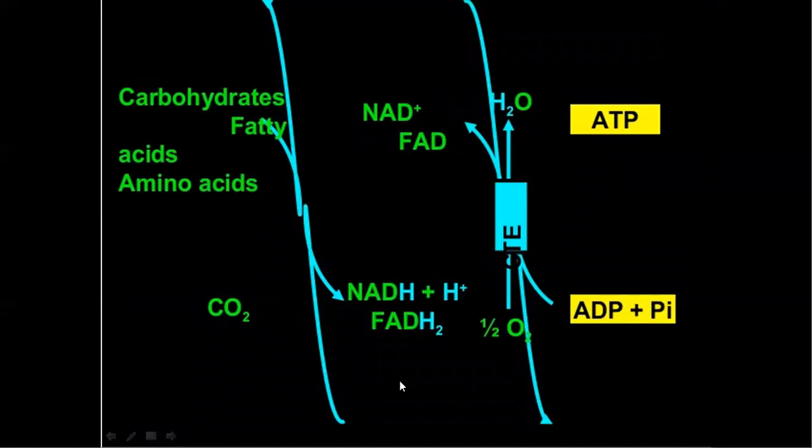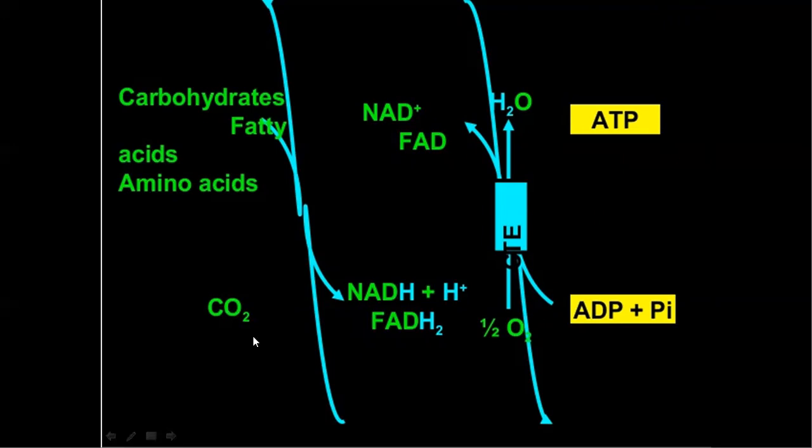This is the overall picture of the function of the electron transport chain. Here carbohydrates, fatty acids and amino acids are oxidized, giving carbon dioxide along with NADH and FADH. These NADH and FADH coenzymes enter the mitochondria, and these coenzymes release H plus ions and electrons, and finally it reaches the complex 5 region. These electrons and H plus ions are useful for the formation of ATPs. Finally, the ATPs are produced from the mitochondrial region.